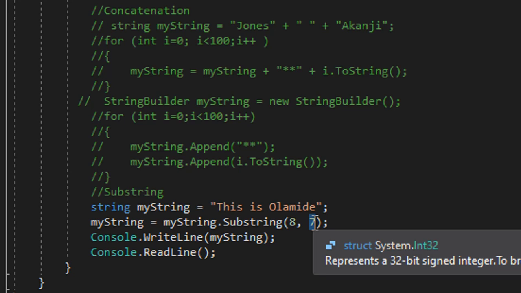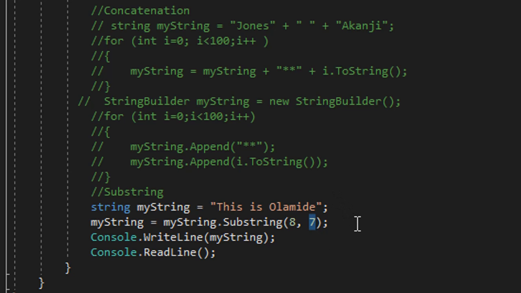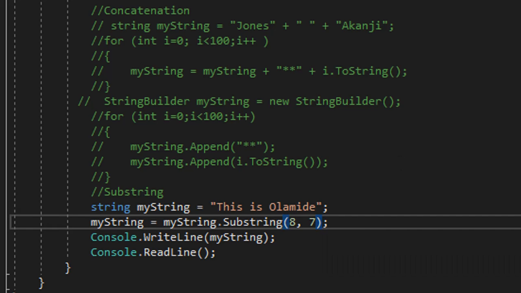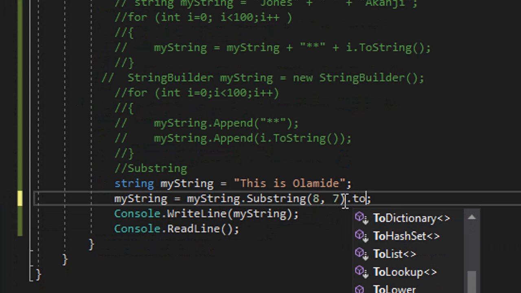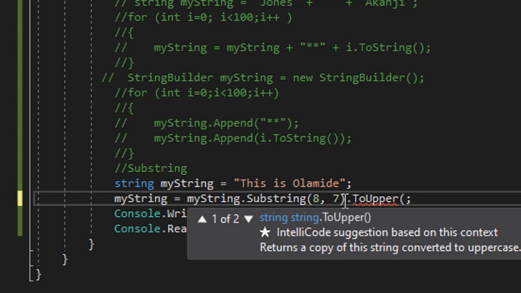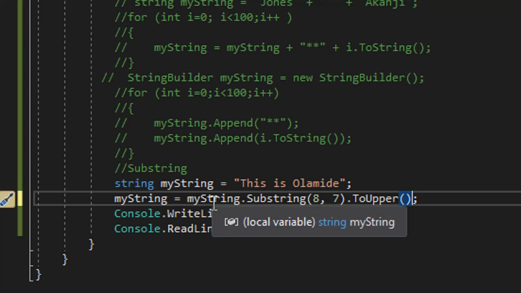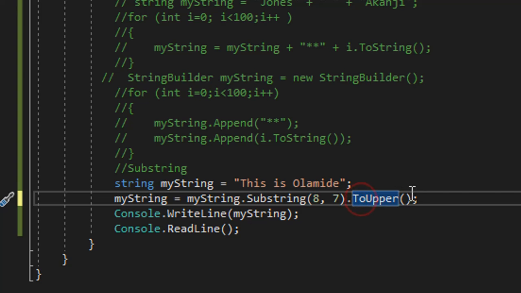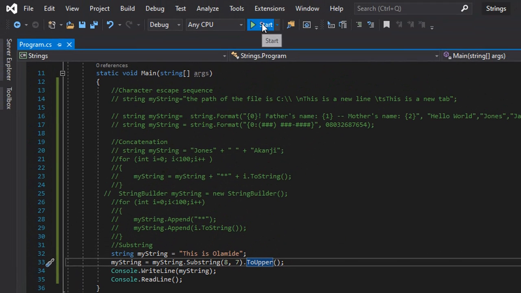Another function I want to teach you is toUpper, and toLower. Because this is a string, I want to make sure the output, the same Olamide, is in upper case first. Dot toUpper. This is what we call chaining: because this is a string, I call the substring function on it, then I call toUpper, and I can call so many other string functions again. That is chaining. So if I run this, it will output Olamide as expected but